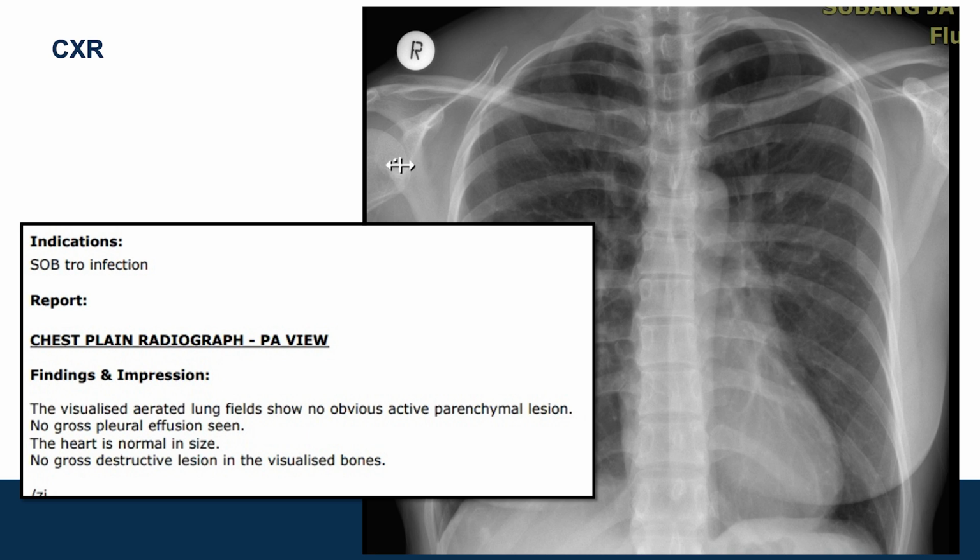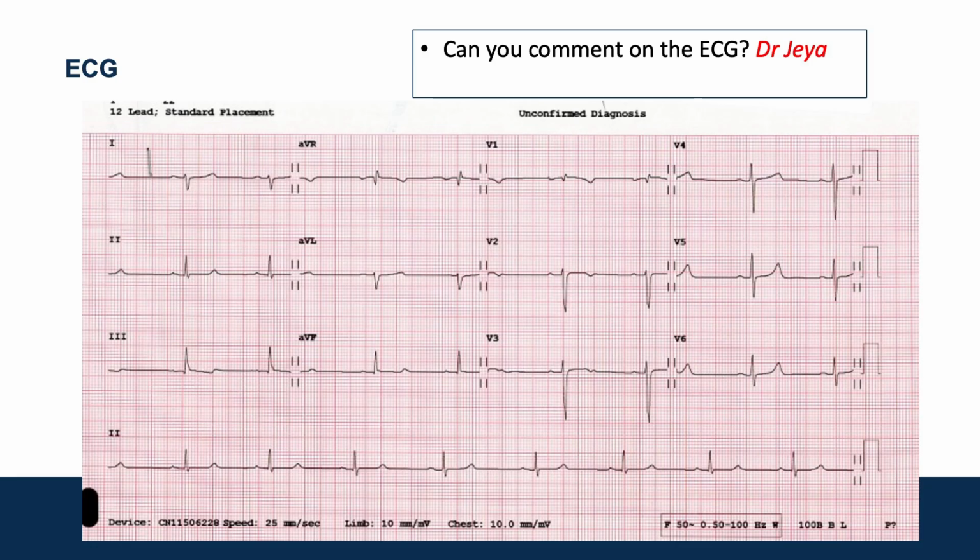We also talk about ECG. So I did an ECG for her. Dr. Jaya, do you want to? Yeah, some non-specific T-wave inversions in 3 and AVF, but yes, I also would have passed this off as completely normal. Correct. There's a partial right bundle branch block in V1, but we often see this in young women, so no big deal.